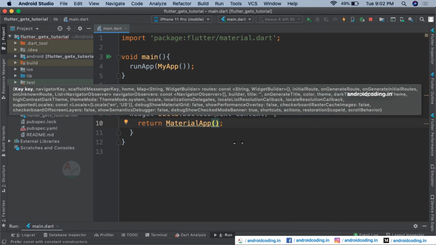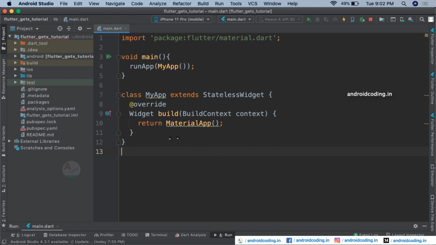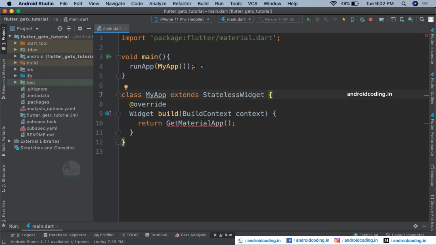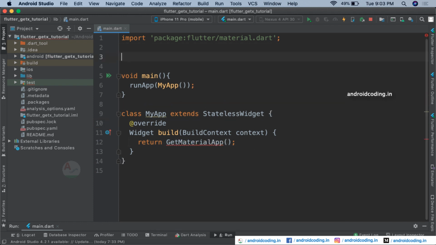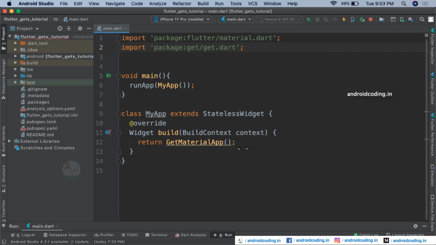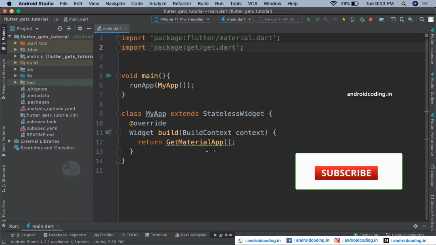So yes, as we are dealing with GetX, we can also change the material app to GetMaterialApp. For which you need to add an import get.dart. So here you are having the get.dart import here. So our GetMaterialApp gets recognized now.